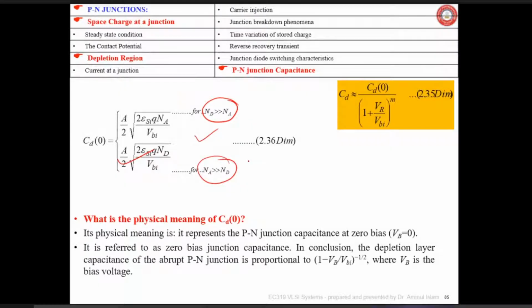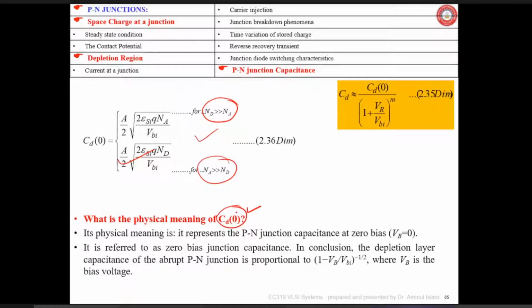This was all discussed earlier in the third semester. If you have notes, refer back. If you are not able to understand, tell me and I'll go back and show all those discussions, but it will take time and we have to extend the classes. What is the physical meaning of this one? It is the unbiased junction capacitance. In simple words, it is the unbiased junction capacitance in any PN junction, not in a diode only, that may be anywhere.